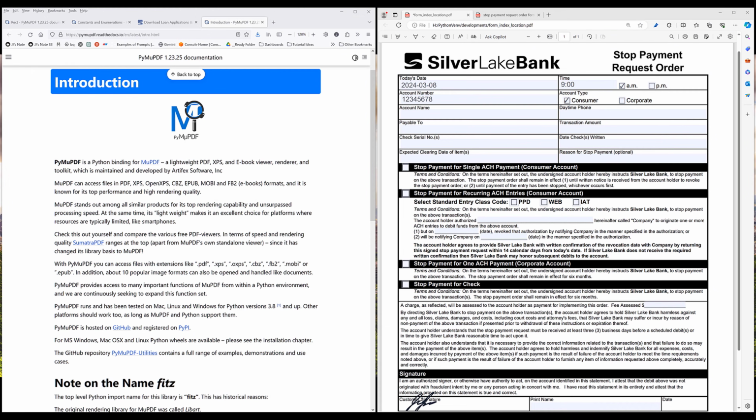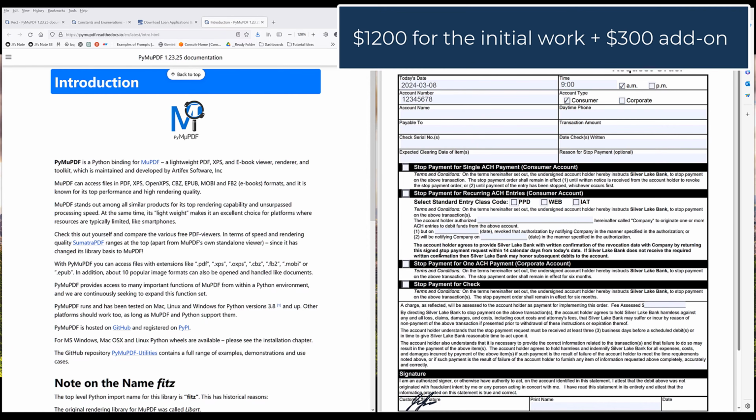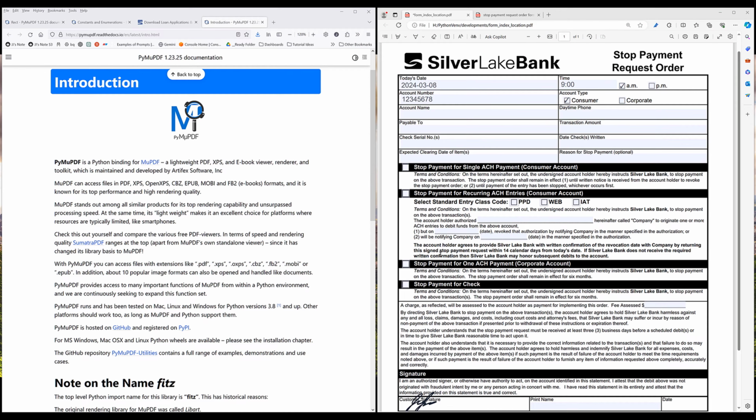Alright, so in this tutorial, I'm going to show you how to automate PDF data entry using Python. This is actually related to a project that I just finished, and I charged the client around $1,200 to $1,500 to automate the data entry task. Basically, my client had a list of spreadsheets, and each spreadsheet has a list of contents that I need to populate into a PDF form. Now imagine that I need to do this one by one manually, then it's going to take hours or even